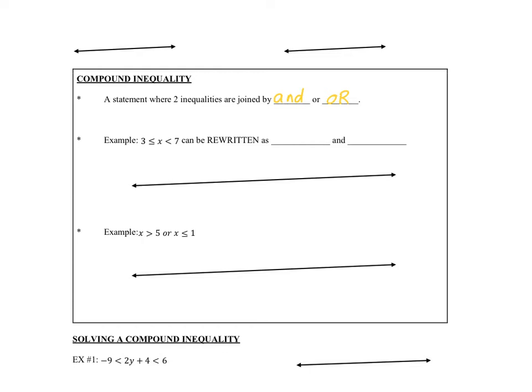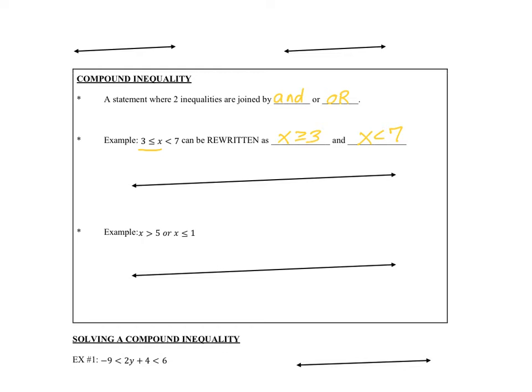So 3 is less than or equal to x is less than or equal to 7. We can rewrite this as x is greater than or equal to 3 and x is less than or equal to 7. The reason we do that is because when you put x first, we actually flip the entire thing, so we have to flip the symbol to be greater than. So when we graph this,